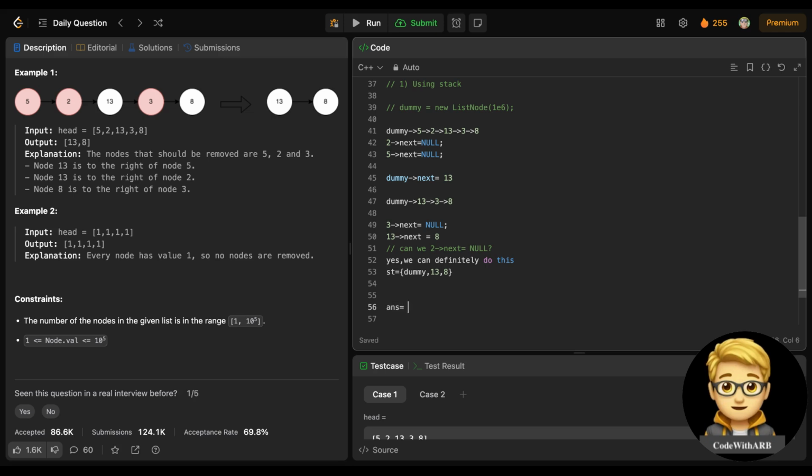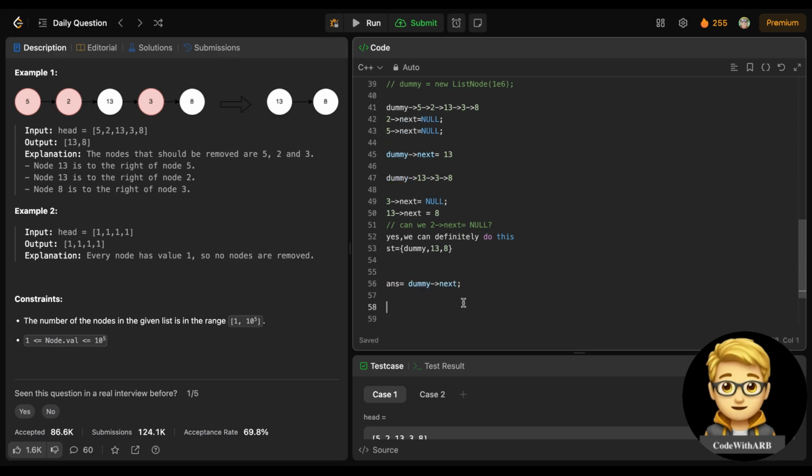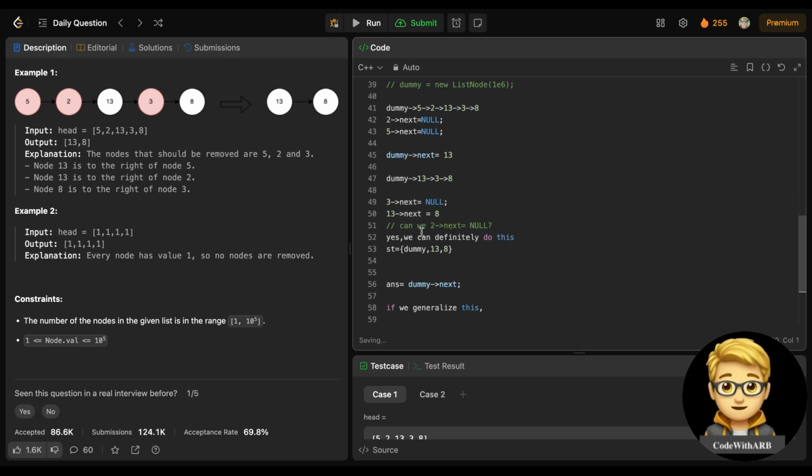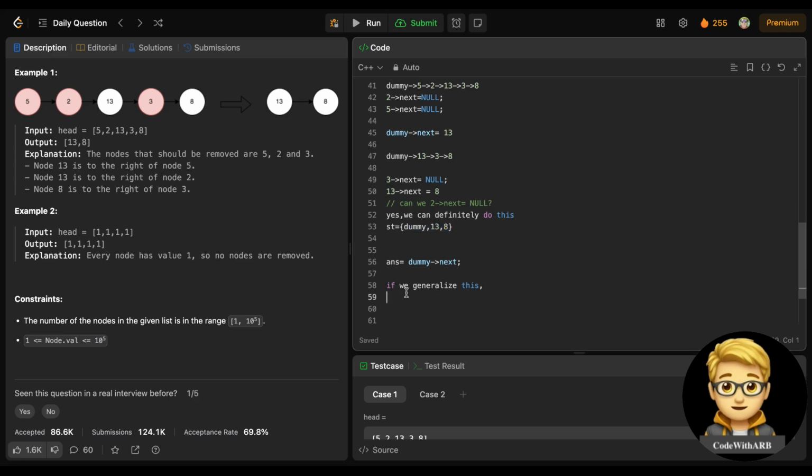So the answer will be dummy's next, right? This should be the answer. So if we generalize this, what we are doing is checking every element before pushing. We are inserting a node in our stack, but before that we will check